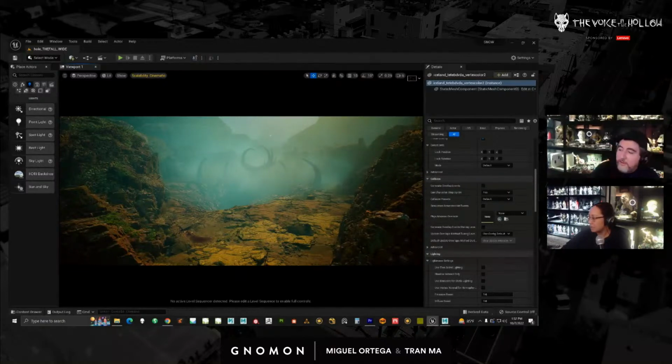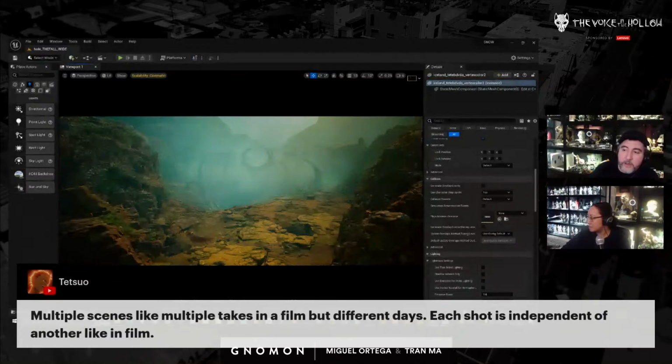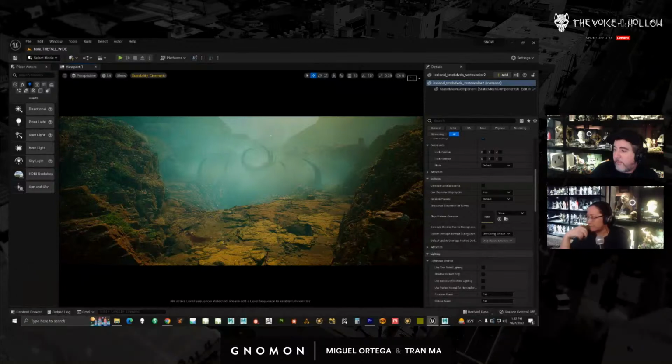What Tetsuo says is totally correct. It's like live action. There's a lot of scenes that are shot across multiple days. The lighting is different. They start filming the scene in the daytime, and then they're doing the last shots by the end of the day, 6 hours later, and you just have to make it look like it all is happening at the same time. In real life, it's all a bunch of cheats. Trying to load this up here. That's a good example. It's taking a second.